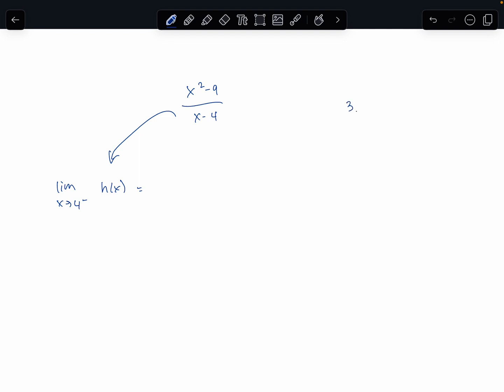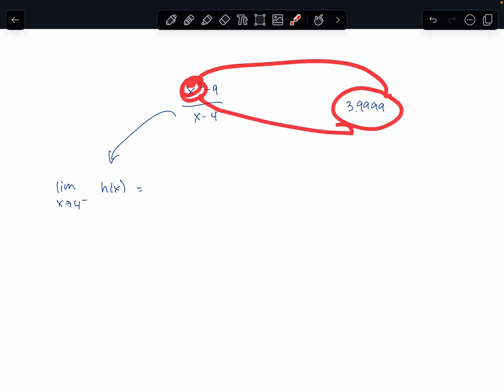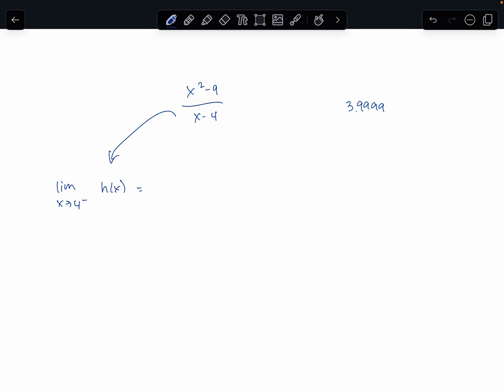So that would be like 3.99999, something like that. Now, if I plug 3.9999 into this expression, that's going to give me something close to 16, right? Because it's pretty much like we're plugging in 4. And so whatever it is, that's going to remain positive. So that's going to be a positive value over